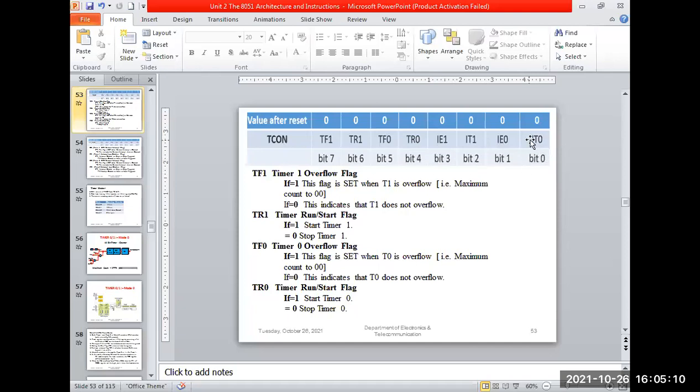It's written here: IT0. So IT0, IT1. These bits are used for what? Timer control, that is interrupt. So timer 0 and timer 1. Now what does it indicate? It indicates the type of interrupt that occurred, either edge triggered or level triggered. So by using this IT0, if the IT0 pin is used for timer 0 type detection, it means the interrupt is going to be edge or level. So what is edge and level?